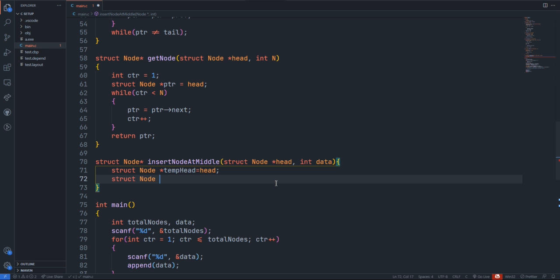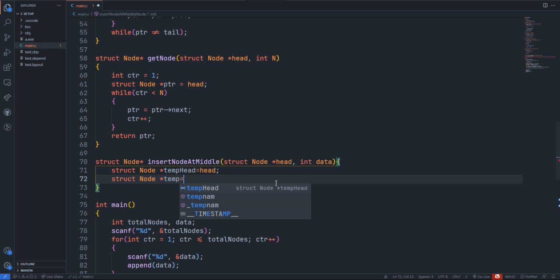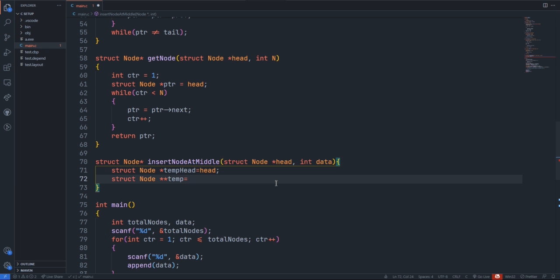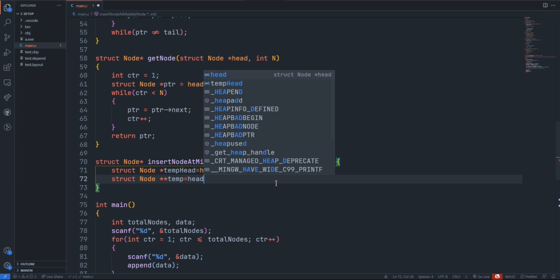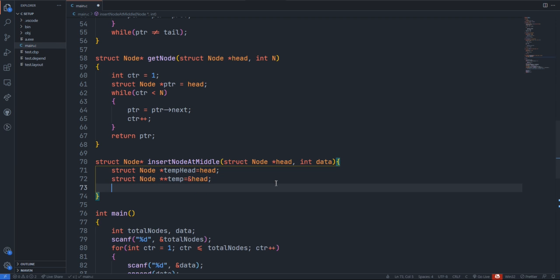Struct node star temp equal to, this temp should be a double pointer variable, temp equal to address of head. So if we do that, whenever we do some operation on temp, it will directly affect the head, so we can pass the values directly.